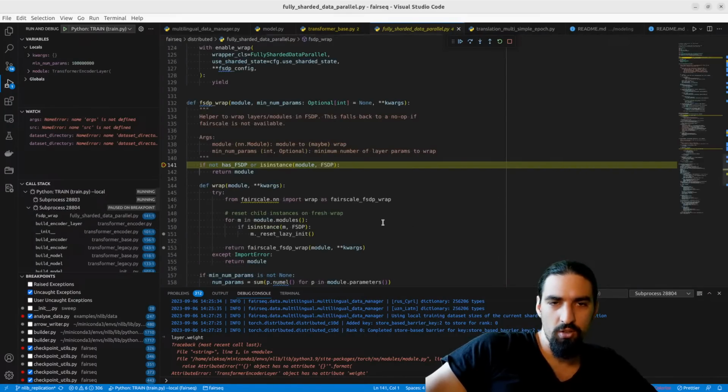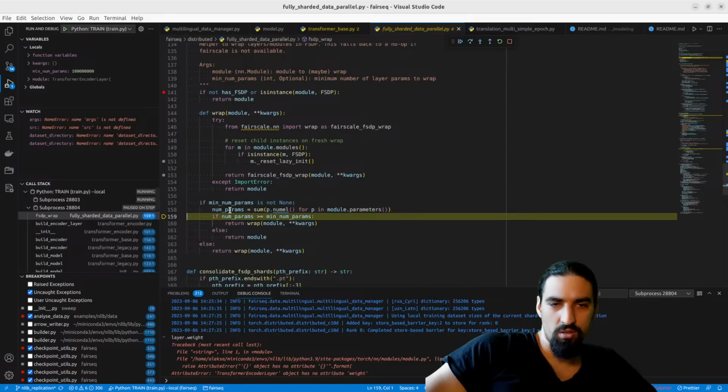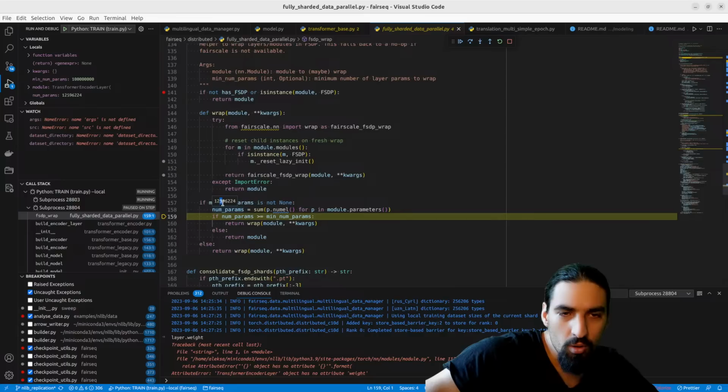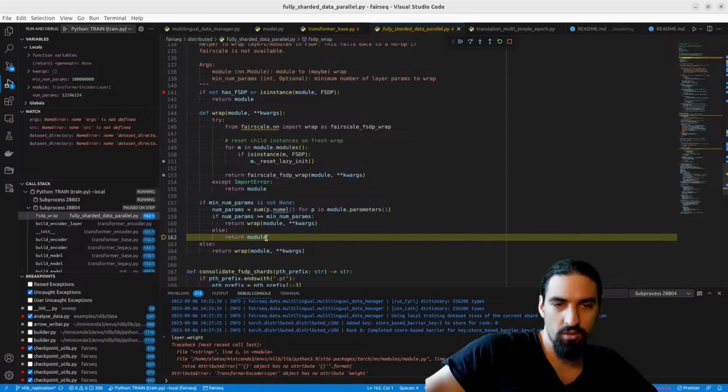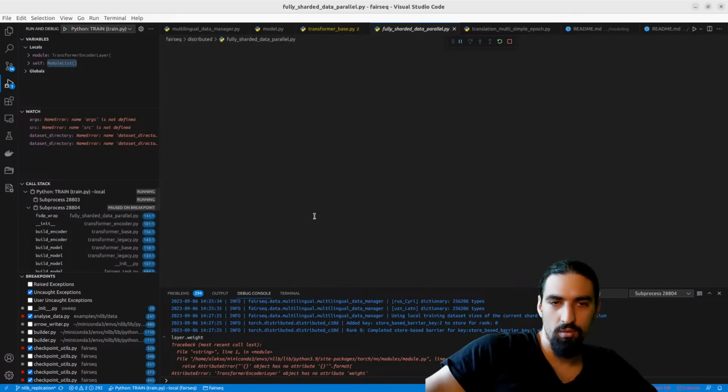So when we enter here, the sum will be what, like 12 million. So it will not return, as you can see, it's not returning. Okay. So it's just a plain layer without wrap. Hit F5.